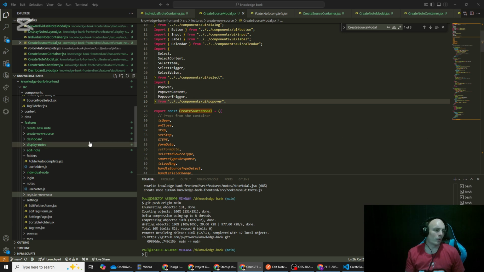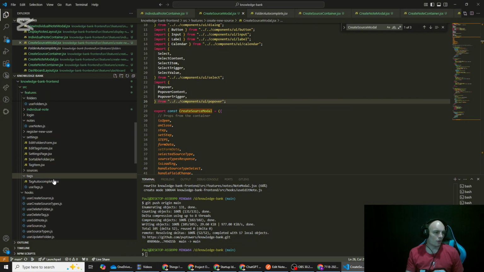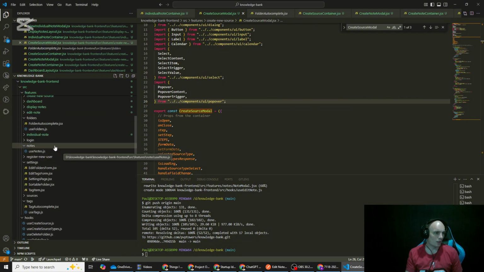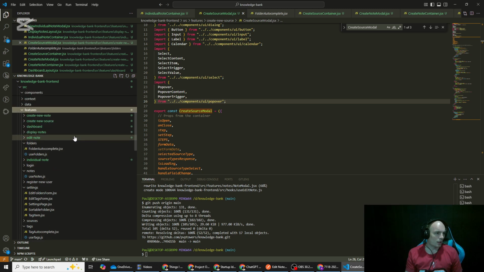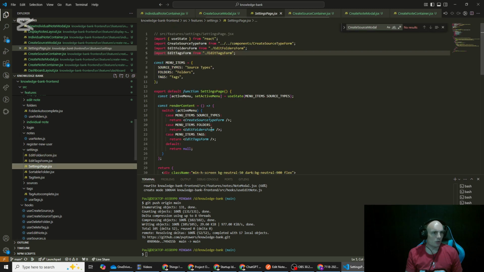Yeah, so basically the recommendation is you create a folder here called like notes, and then you have create note, display note, edit note, individual note, all of the note features in that, and then you have a hooks folder within that where you can have all the note related hooks. So you avoid this type of approach where you've got hooks for all different ones. I think that makes a lot of sense. It's going to be fairly easy to do. But before we get on to that, I think maybe we refactor